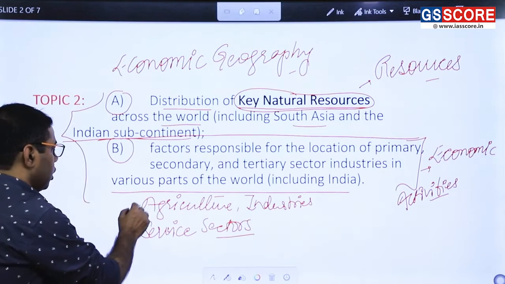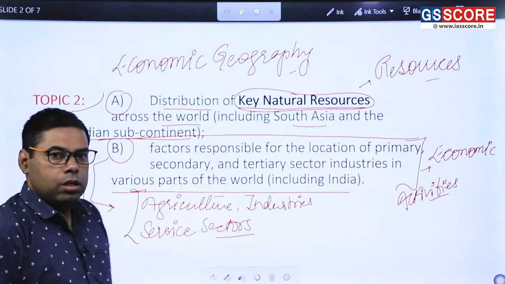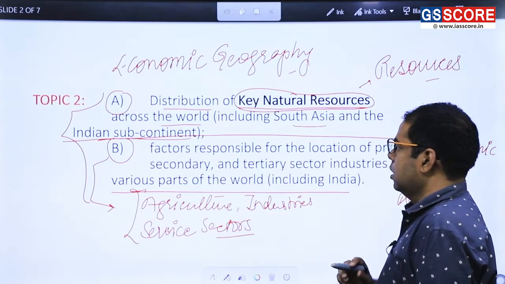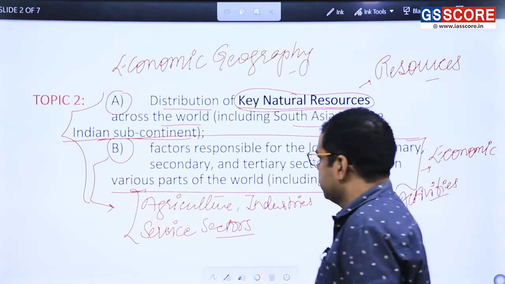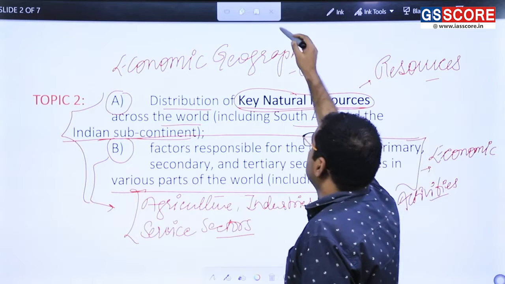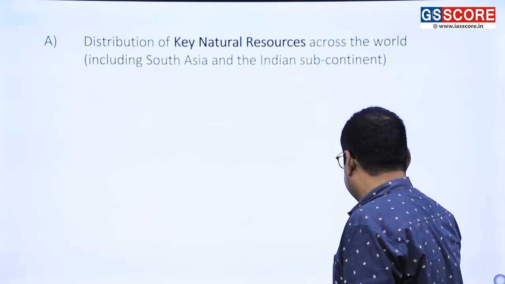So these economic activities have been included in section B of topic 2, right? So let us discuss these two topics separately. So now here, topic A, that is